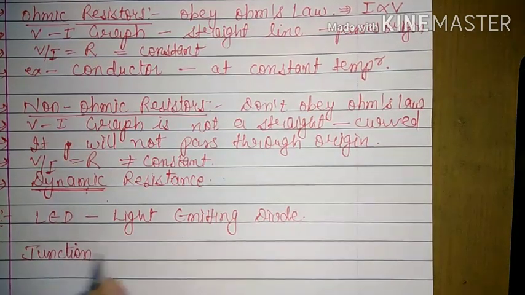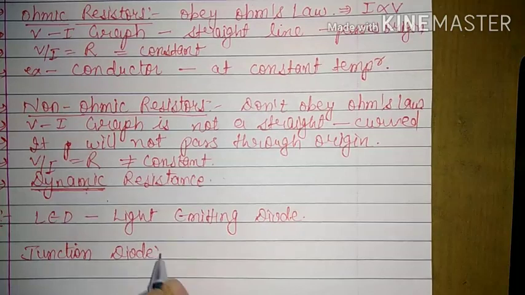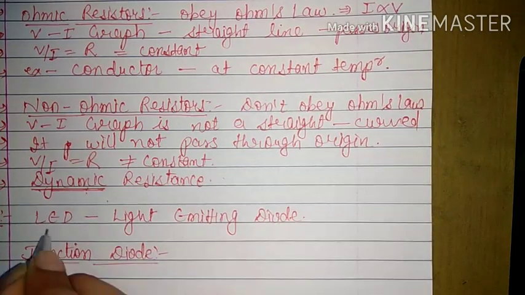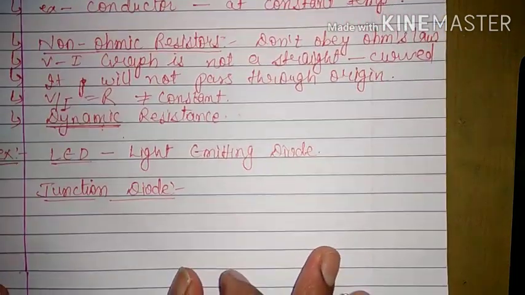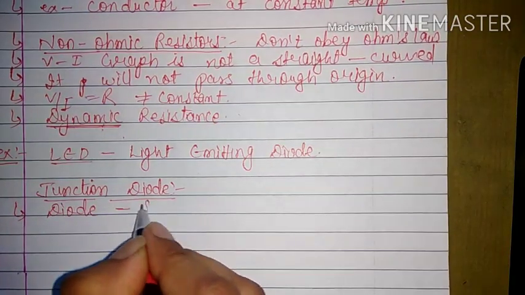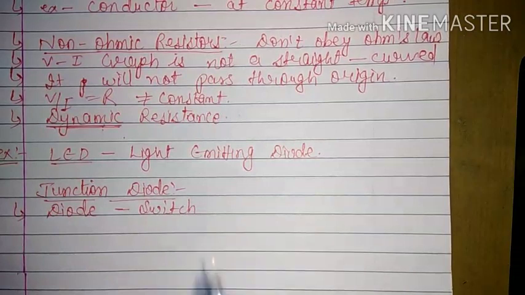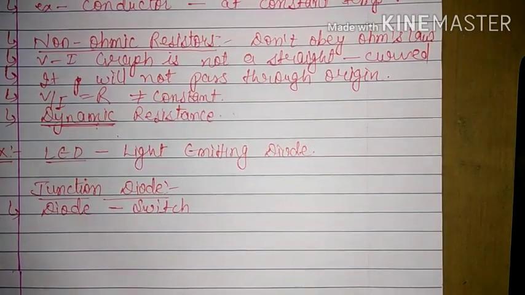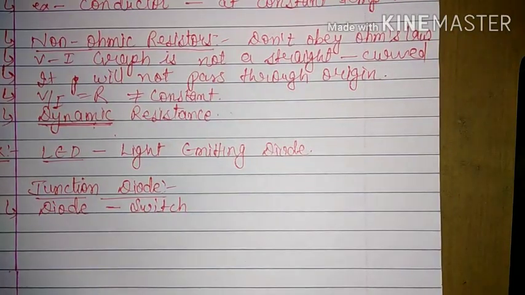Here two words are there. One is junction and second one is diode. So first of all, we need to know about diode. Actually, in simple words, it acts as a switch. Diode is made up of semiconductors. Later, in the electronic branch of physics, we will read a lot of applications of semiconductors, and one of them